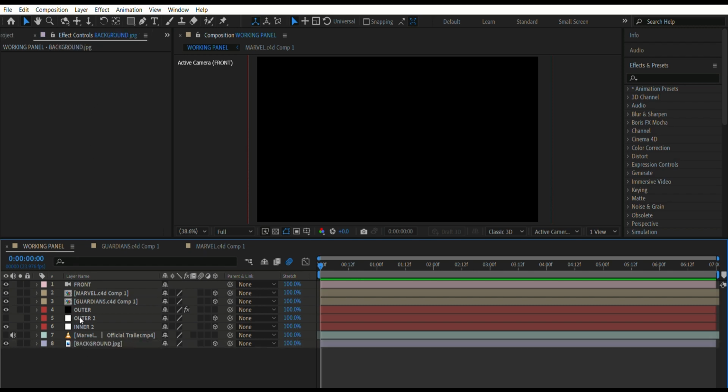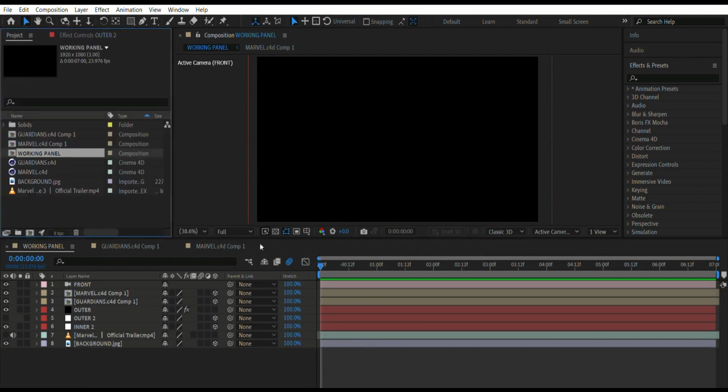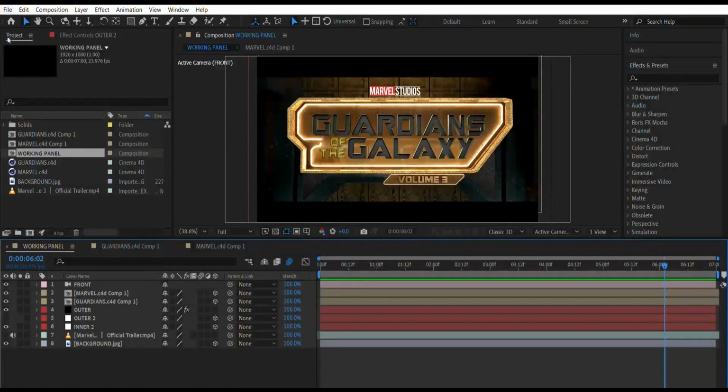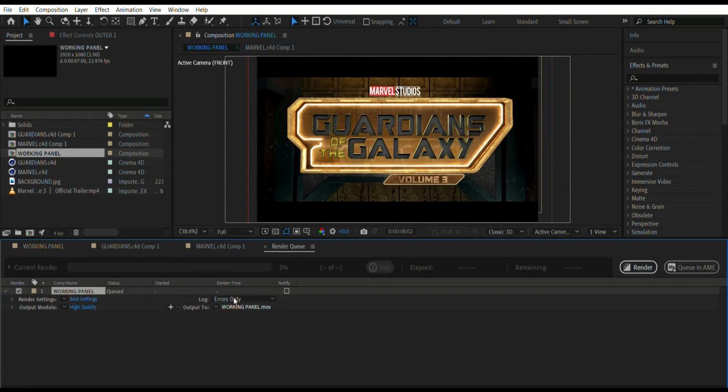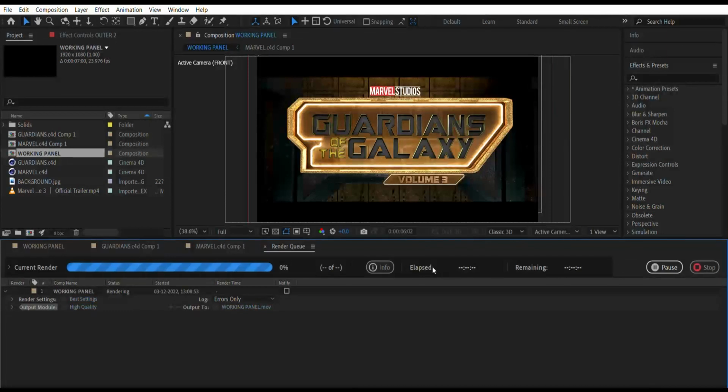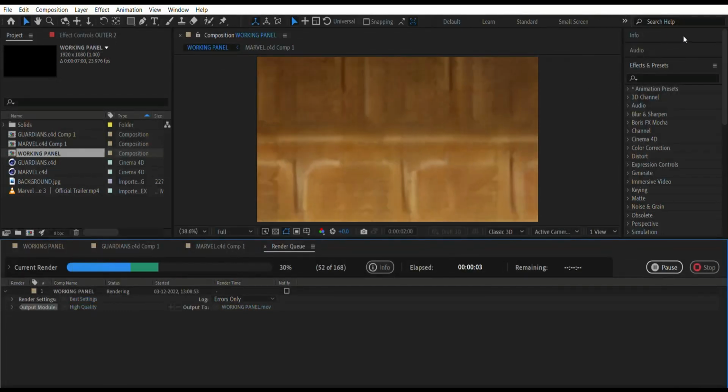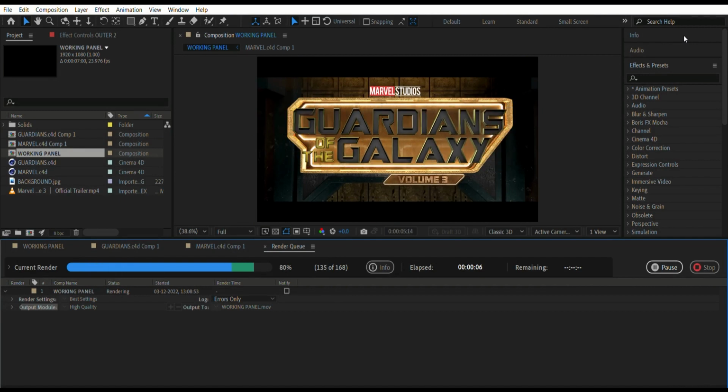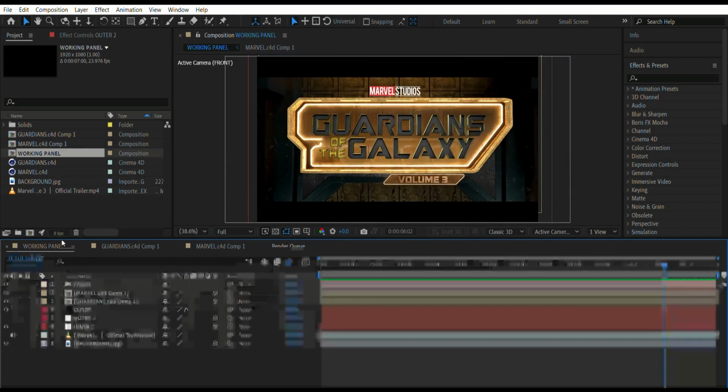Convert layers 2, 3, 4, 5, 6 and 8 to 3D layers. Then start rendering it in Render Media and render it in high quality. After rendering in After Effects,